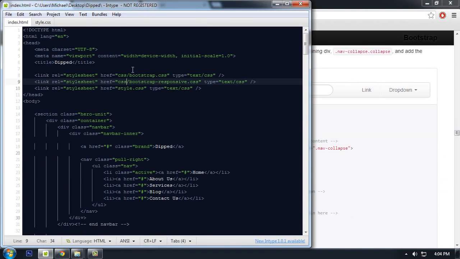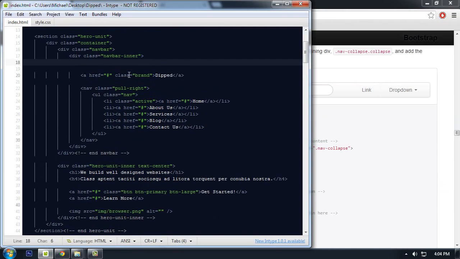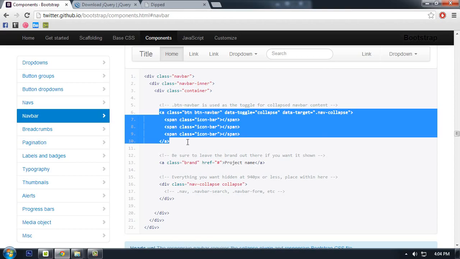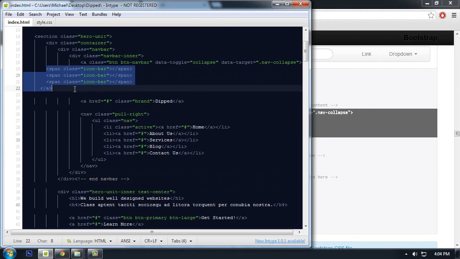There is only a little bit of changes on the navbar. All we need to do is just right below the nav inner here, add this. So just copy it, add that one, make sure it's indented properly,